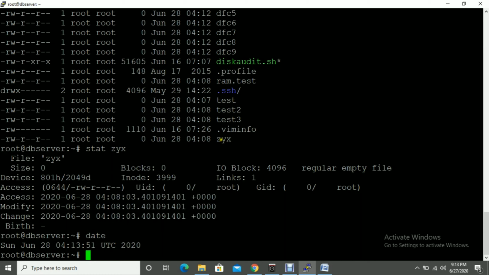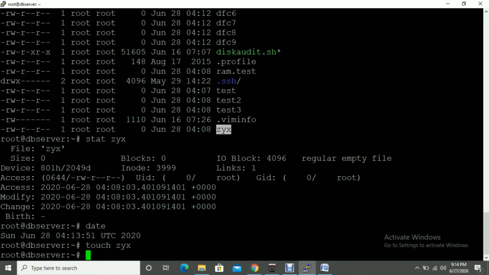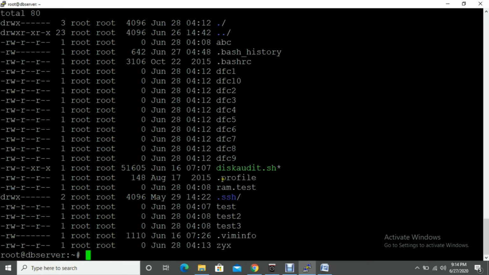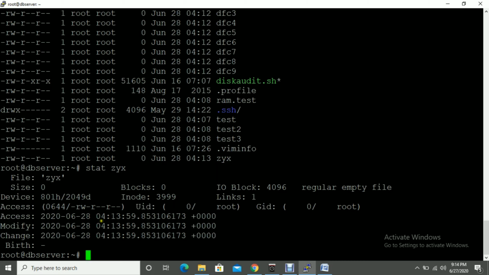Okay, fine. Now I'm going to use the touch command again, touch xyz. You can see it's not creating a duplicate file, only that file. And if you check the timestamp for xyz now, you can see 4:13, it's changed.